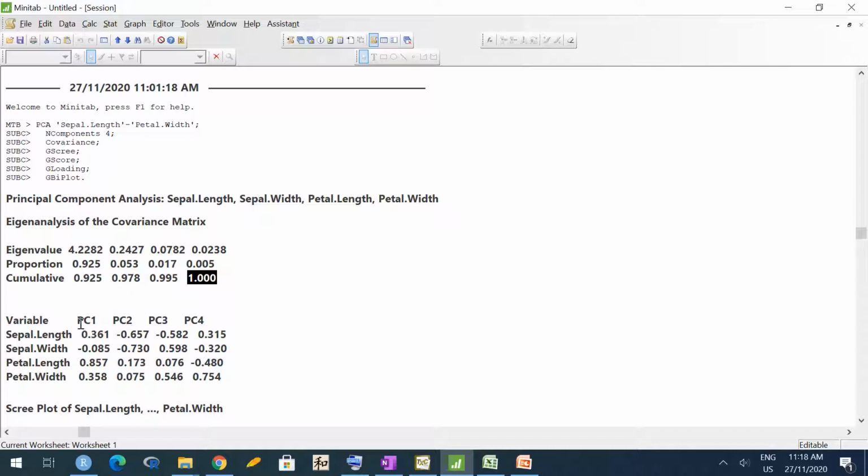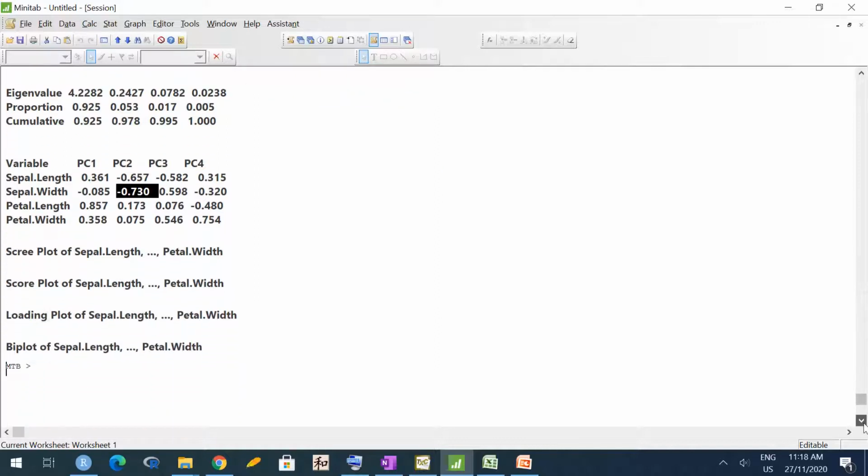Now how do I see which variables are important? So these are eigenvectors. Okay, so PC1 they have written. So actually equation for PC1 would be 0.361 times sepal length minus 0.085 times sepal width plus 0.857 times petal length plus 0.358 times petal width. So we can see here petal length is most important, because it has highest coefficient. If you go to second PC, then sepal width and actually up to some extent sepal length are important. So the most important variable out of these 4 is petal length. Okay. Now we'll go to the plots.